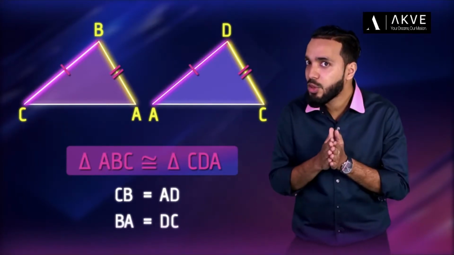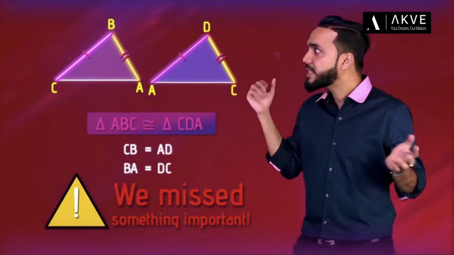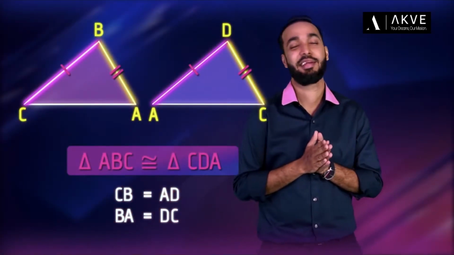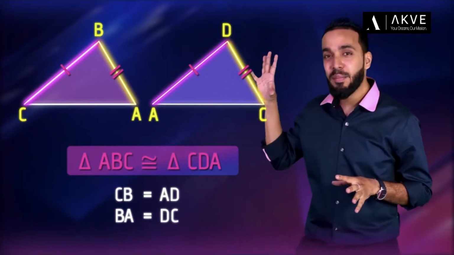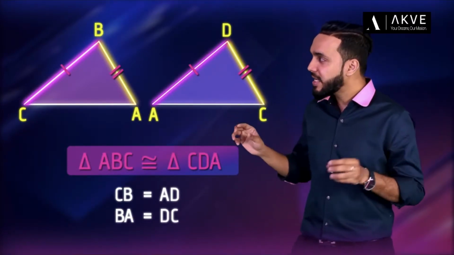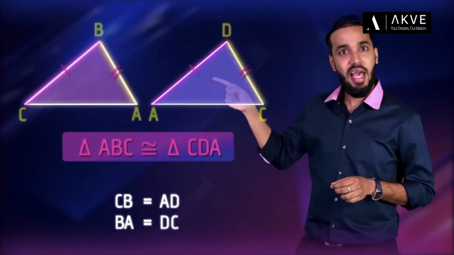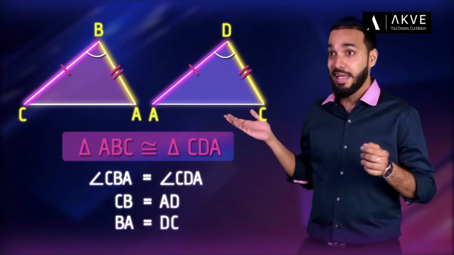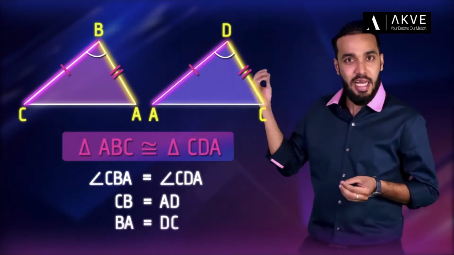But what if I tell you that we missed something? Something that's hidden in plain sight. That's not possible. We went through it so many times. Although there's no denying that we did go through this umpteen times, we somehow failed to reckon that since these two triangles coincide perfectly, this angle would be equal to this angle. Whoa! See what we were missing? It's so evident and yet we didn't see it coming.